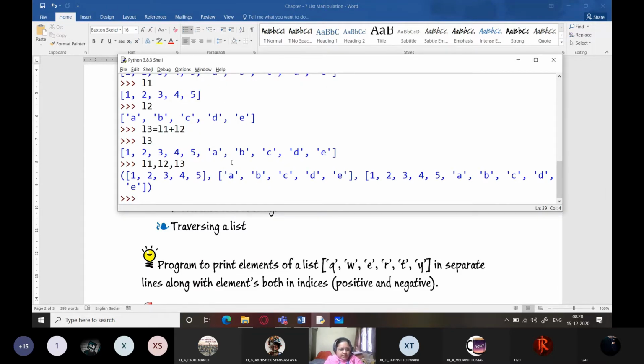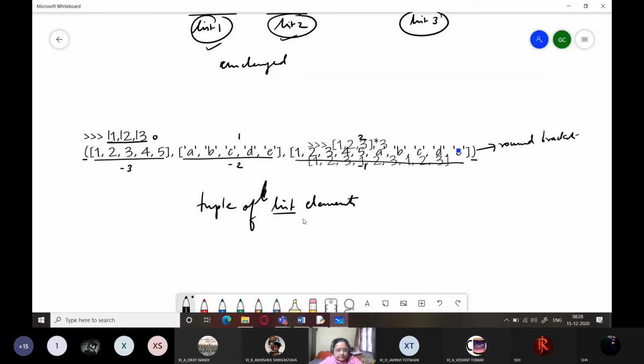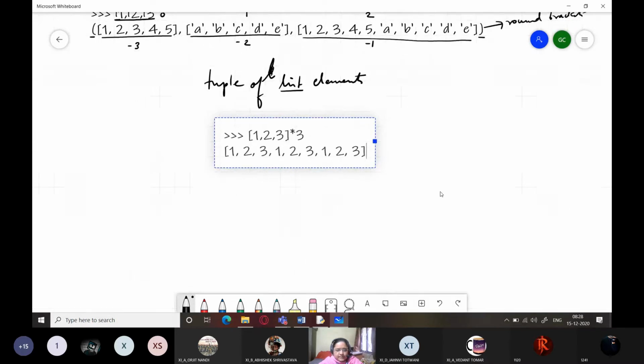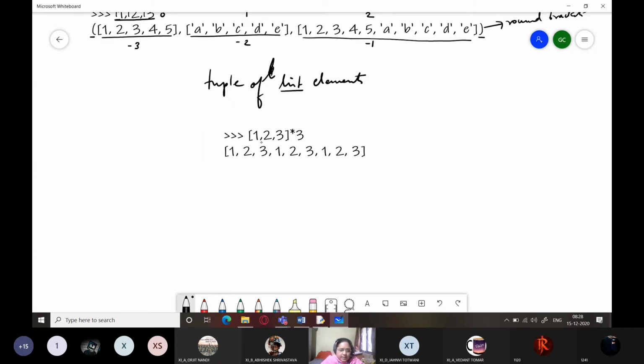So here if I just write 1, 2, 3 and multiply by 3, you can see that all elements within this are repeated thrice, because this is a list and you are multiplying it by a number 3. So once, second time, third time.